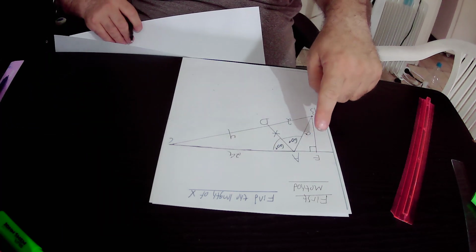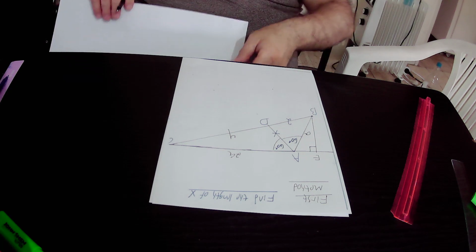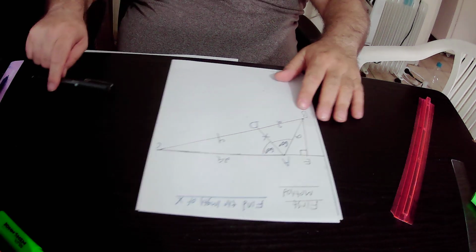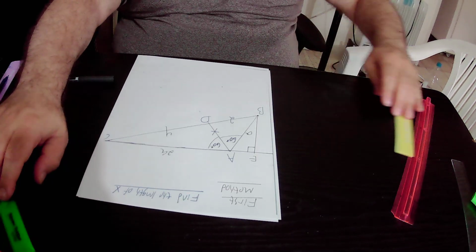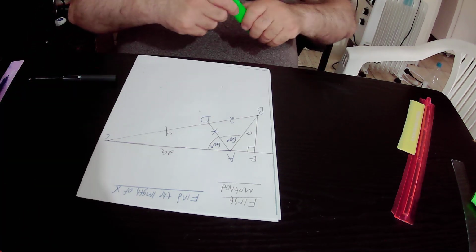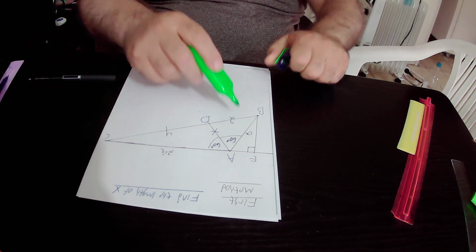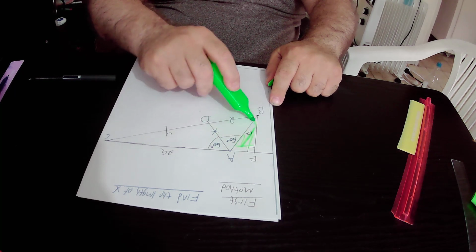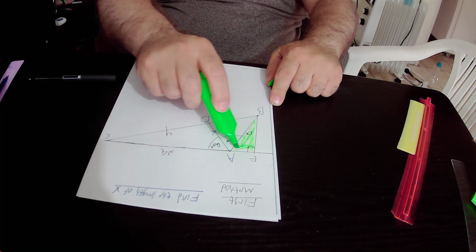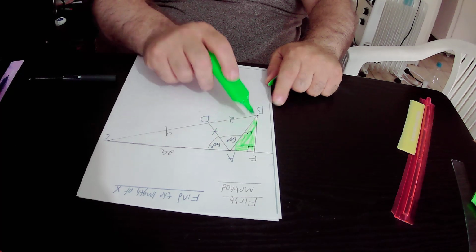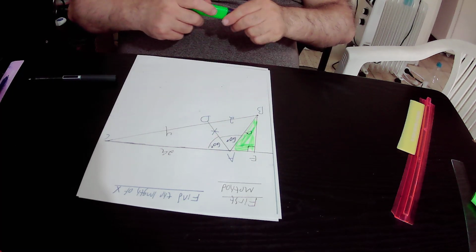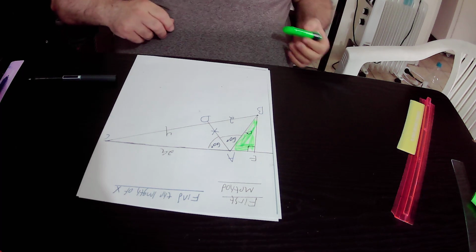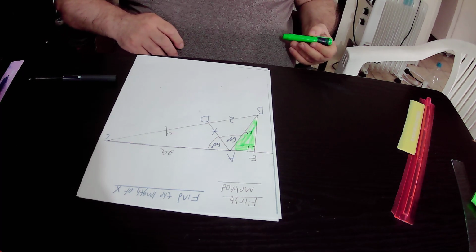Okay, this angle equals 90 degrees according to our construction. We'll focus on the green right triangle EAB. But here, before that,